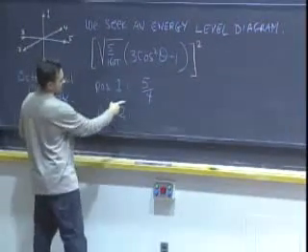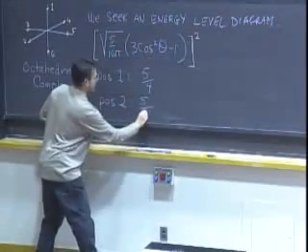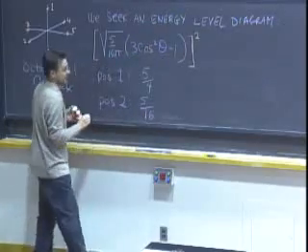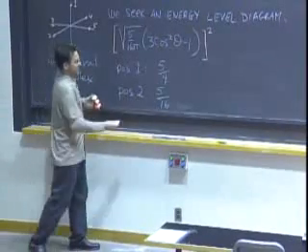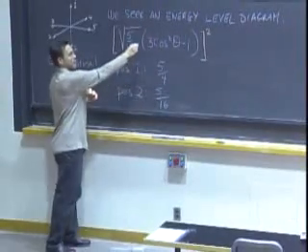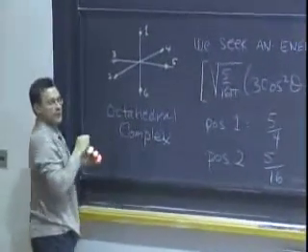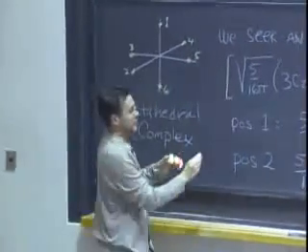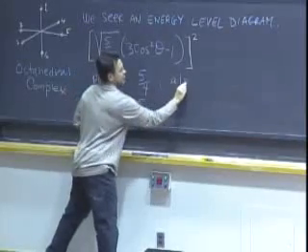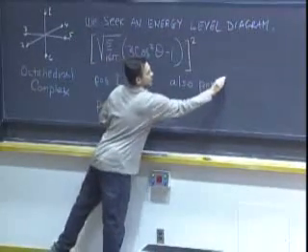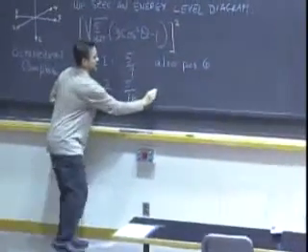So this is position 1. We get a value of 5/4. And down here, position 2, a value of 5/16. I'm leaving off a factor of pi. Please don't be concerned by that. But these are the relative values that you get when you evaluate this function at ligand positions 1 and 2, which is all we need to do because of the symmetry of this, because that value for position 1 is also true for position 6. All right, so we have positions 1 and 6. And then this is also